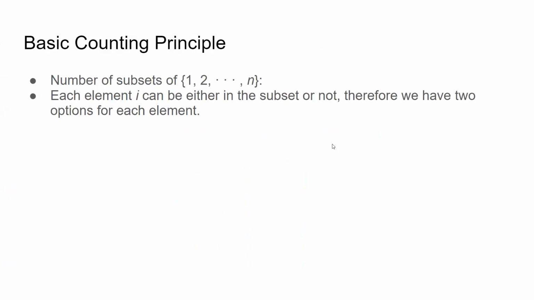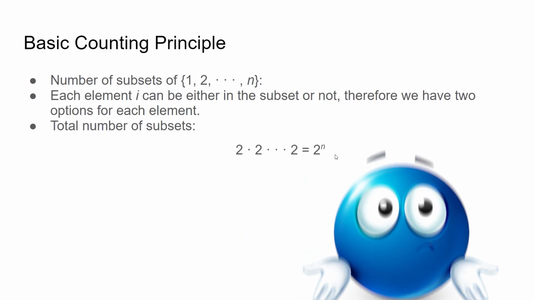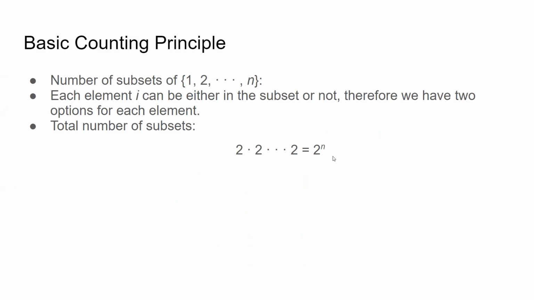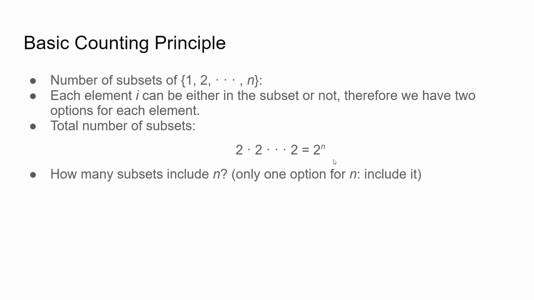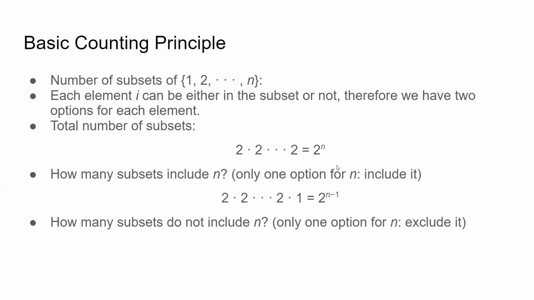Now, let's shift gears to subsets. If you have a set of n elements, the total number of subsets is 2 to the n. Why? Each element can be either included or excluded, providing 2 options. If we want to find subsets that include or exclude a specific element like n, it becomes 2 to the